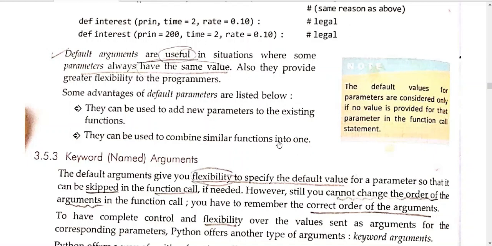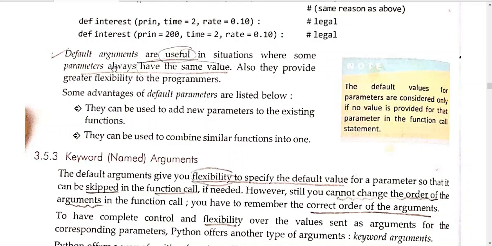The default values for the parameters are considered only if no value is provided for that parameter in the function call statement. It is not compulsory that this default value is to be used every time. If you are providing a new value to the rate parameter, then the default value will be ignored.